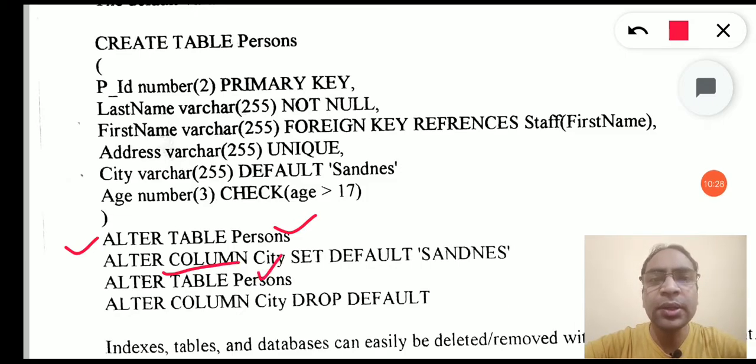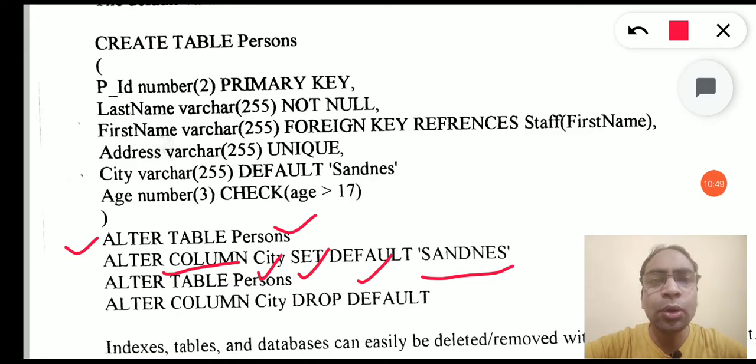For example, in this we want to set the default value to some other value. So in this the set keyword is used, default is the constraint, and this is the value of that default we want to alter. So the old value of the default will be replaced by this new default value.